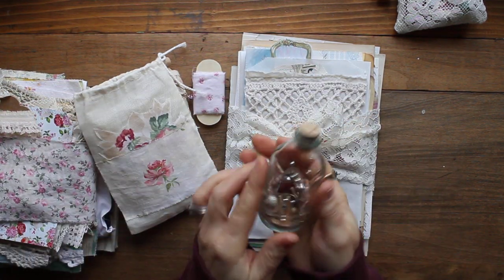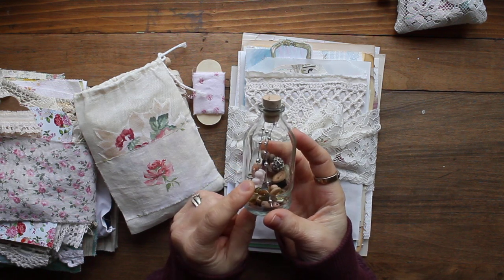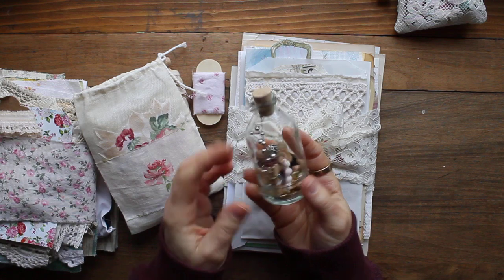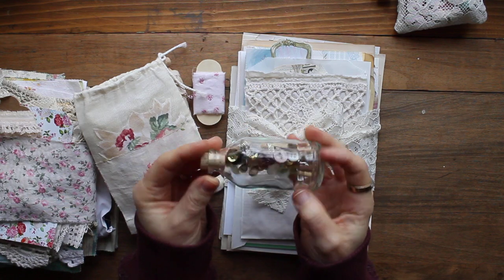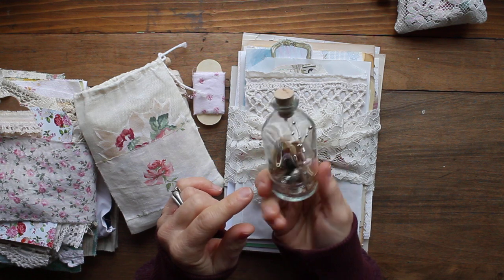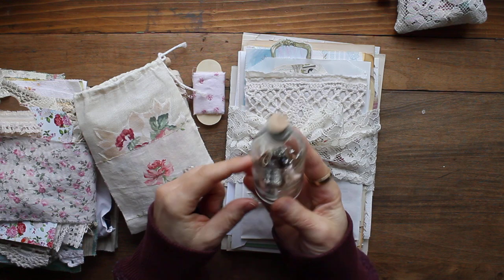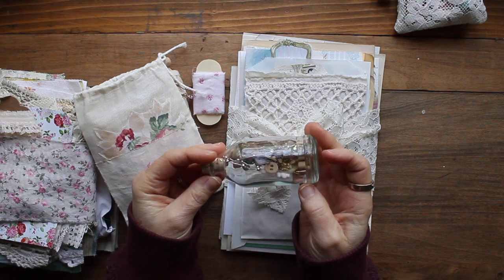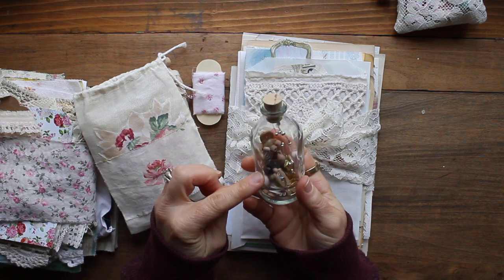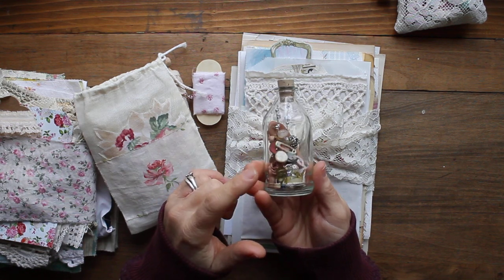And then recently I was in a glass outlet looking for a glass dish because mine broke and I needed one to cook with for the holidays. And my daughter found these jars and said, "Mom, you could fill these with things." So I did purchase these. These are a bigger jar. I've seen some of the smaller ones used, and I think that's so sweet. And this is a bigger jar. So in here I've got wooden beads, vintage buttons, gold sequins, jump rings,